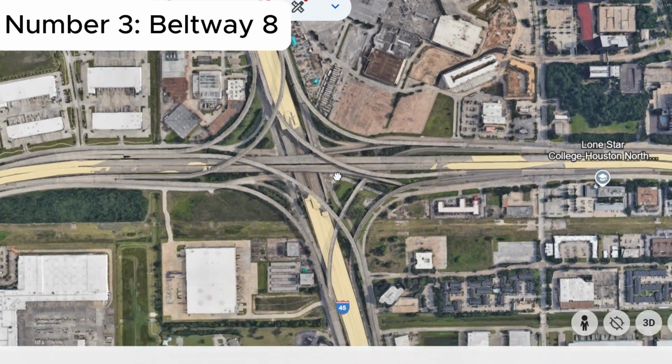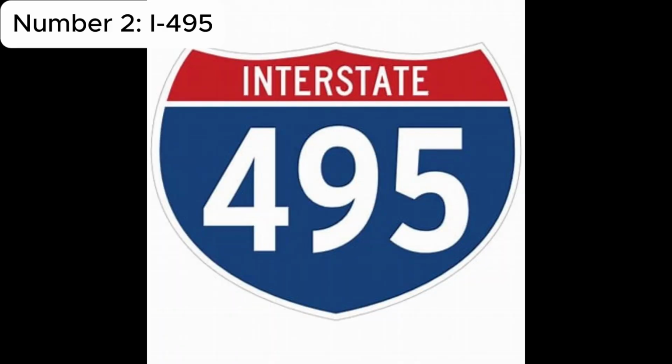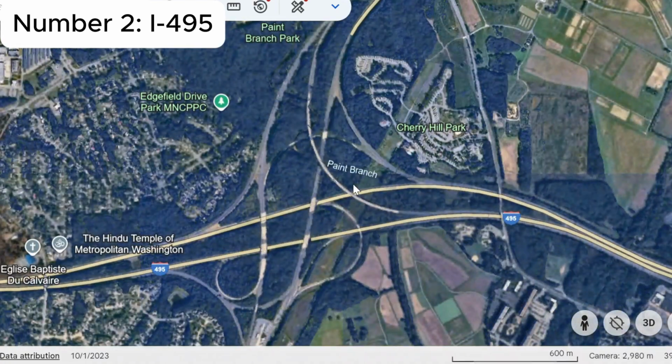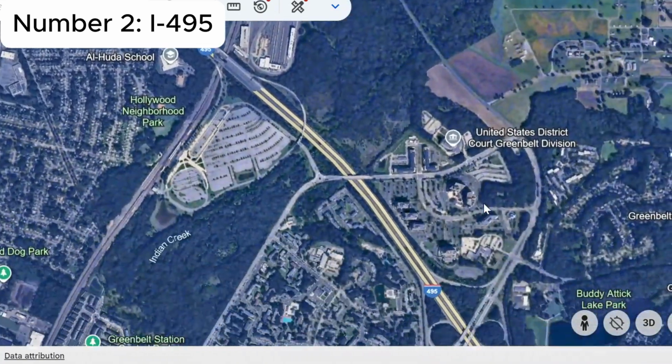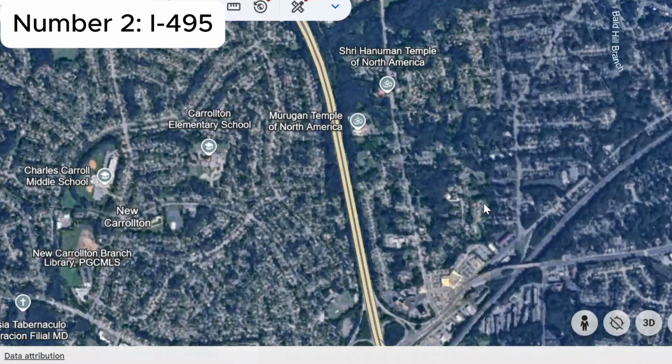Now, number 2, Capitol Beltway, Interstate 495, Maryland and Virginia. And it's a bit of DC. I know that Sam Houston is probably better than I-495. But because I live in the DMV, and I've never been on the Sam Houston Tollway, I'm putting I-495 ahead, okay? Like I said, it's my list, I know it might be some glazing, but